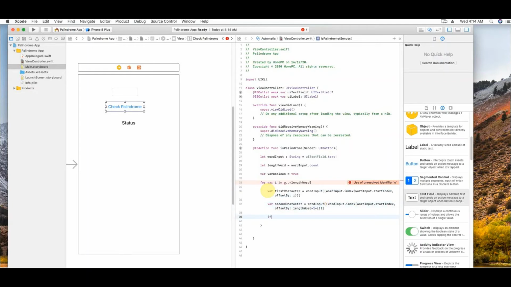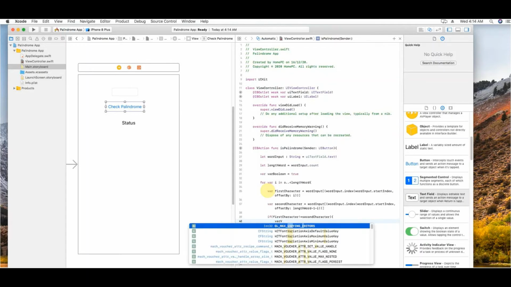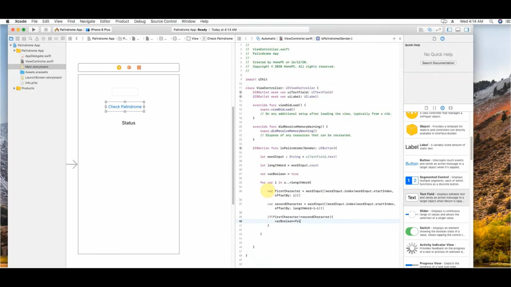Yes. And now in an if statement, we can quickly check whether these two characters are the same or not. Say, for example, we check first character equal to second character, or rather than checking equal to, we can directly check not equal to. If that's the case, then set the boolean we defined just above as false. That means it's no longer a palindrome, and we can just break the for loop. No point going through the for loop further.